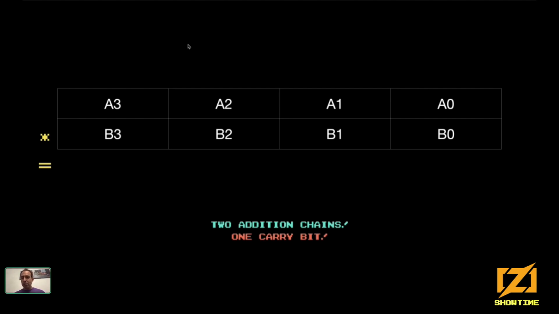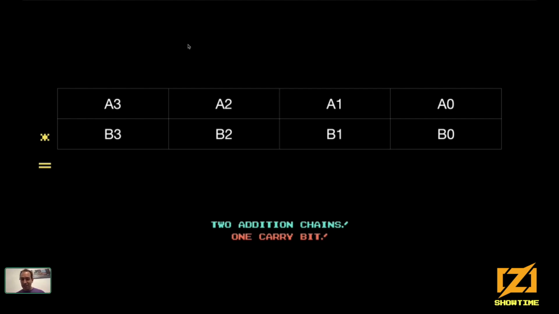However, there's a problem if we only have one carry bit in the CPU. Because a CPU can be very efficient using prediction and doing multiple things at the same time if there is no conflict or dependencies. Now, if multiple instructions are competing for the same thing at the same time, performance is not going to be great.